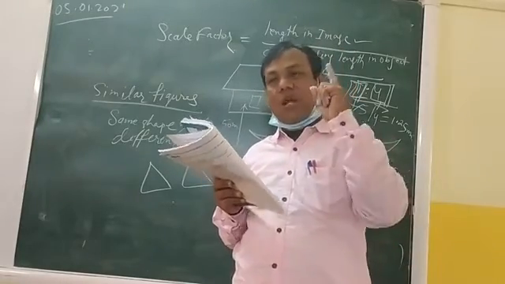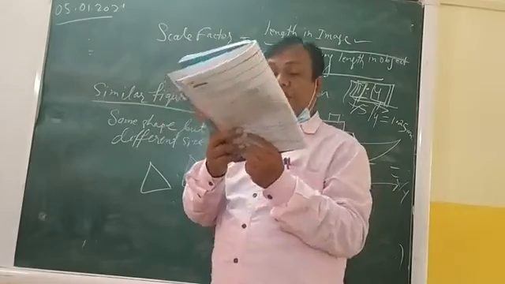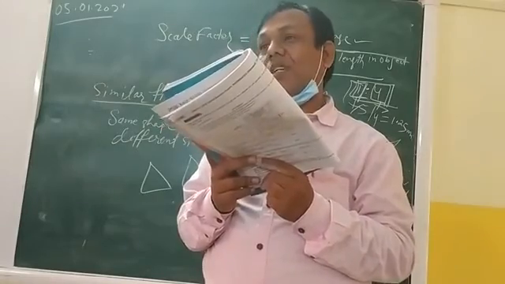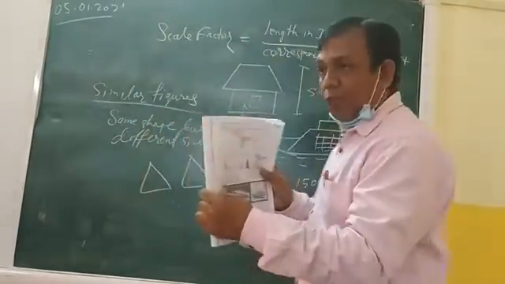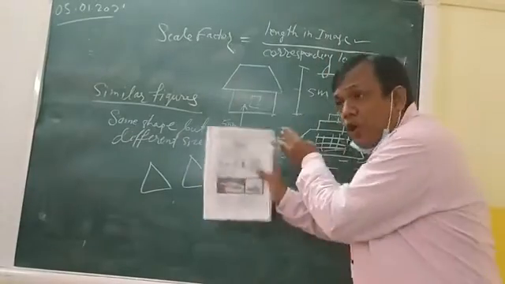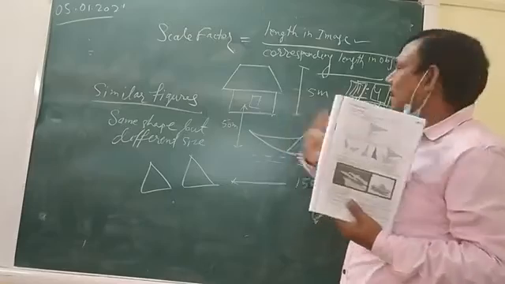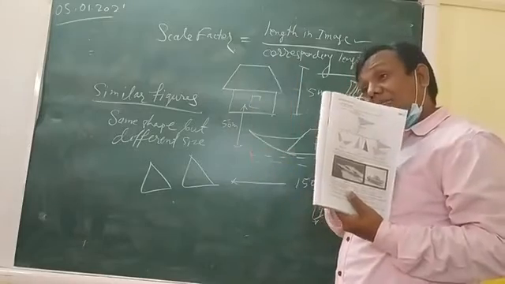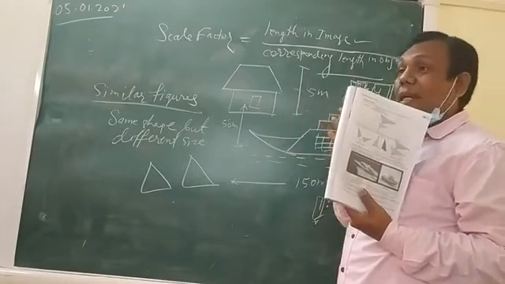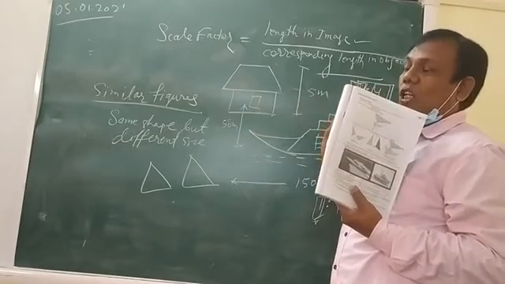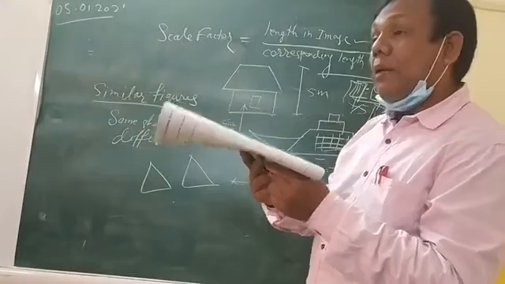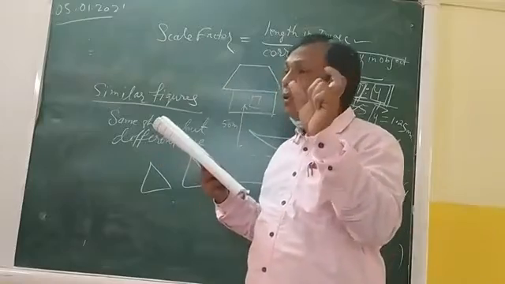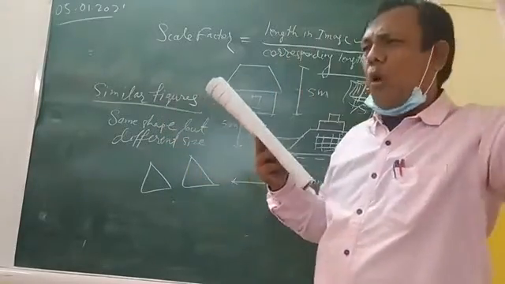Yes, you are right. Similarity can be very badly affected if the mirror image is not the same. Got it? If I am putting this book just in front of the mirror, at least the image will be either large or small. It doesn't matter, but the shape should be the same. That is, the mirror image should be the same. So if the mirror image is not the same, it can affect the similarity of any two polygons or any two objects, you can say also.